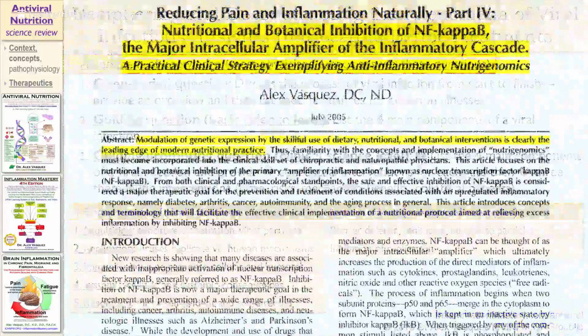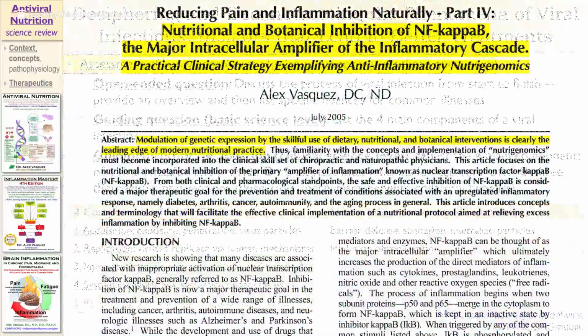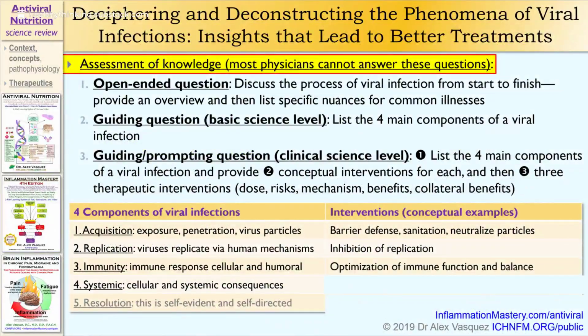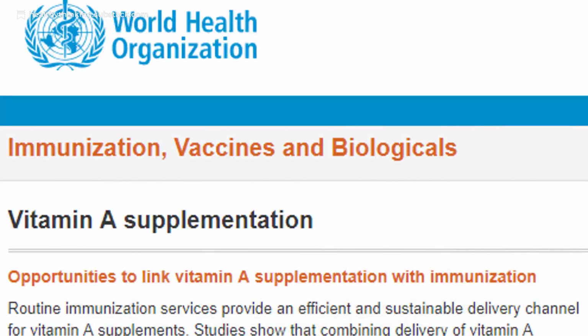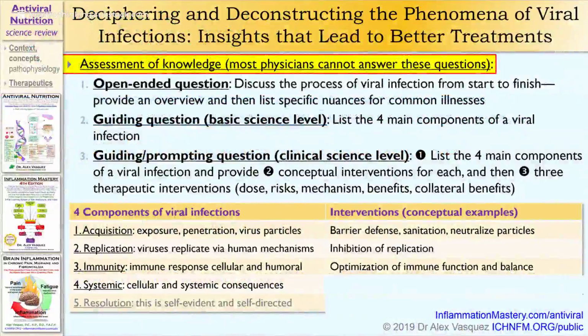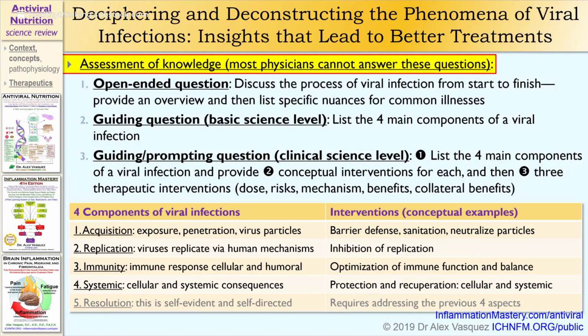Replication of the virus can also be inhibited by the use of nutritional supplementation, and of course the immune response is very dependent on adequate and hopefully optimal nutrition. To address the cellular and systemic consequences, we can also promote protection and recuperation via nutritional supplementation, and addressing steps 1 through 4 helps to resolve this viral infection as quickly as possible and as completely as possible for each